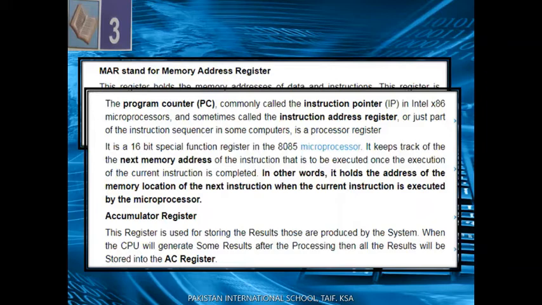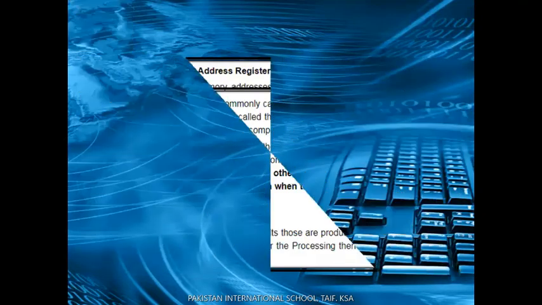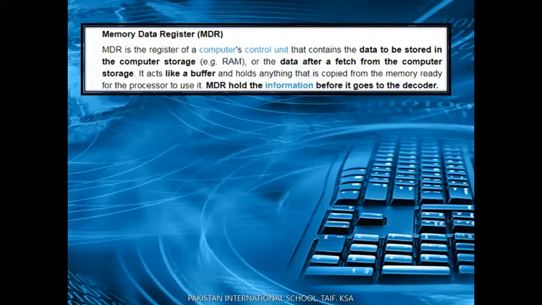Operands are loaded into these registers from memory, and after performing the operation, the results of the ALU are transferred to the accumulator register, AC. The accumulator register and data register can receive data from memory over the data bus, but only the accumulator can send data back to the memory. So this is a very important register, the accumulator register, which is used to hold your data after the processing. After the processing, the results are sent to the AC register, and the accumulator register is used to hold your data and information. Memory data register, MDR.